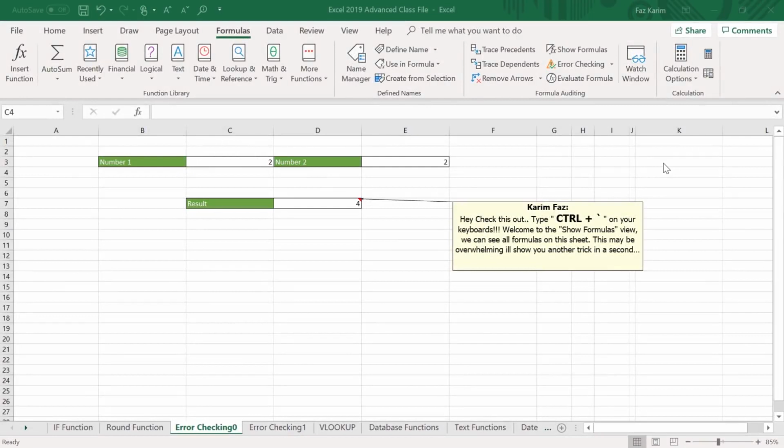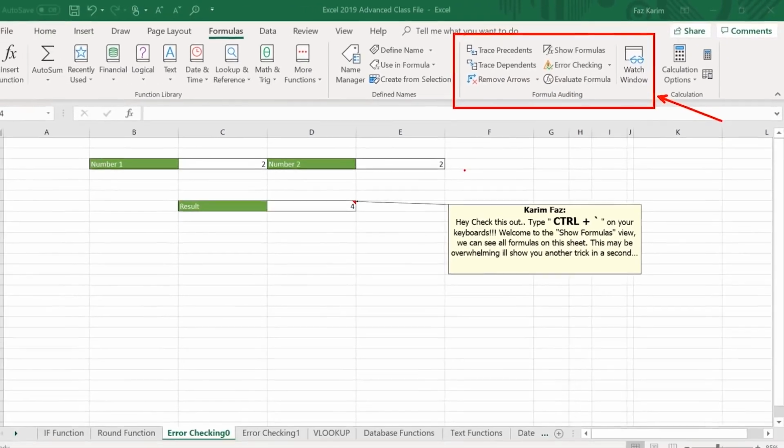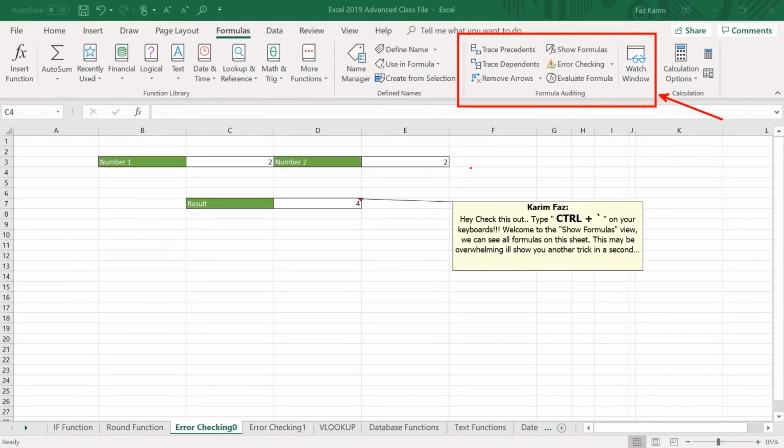Alrighty. Currently on error checking 0 with the sample file provided for this class. And let's all go ahead and hover over to our Formulas tab and give it a click. I would like to expose you to the Formula Auditing Command Group, where it's a bunch of set of tools that you can use to figure out what's going on in a formula or to see the output versus the formula itself. I just want to run through the various tools that we have,